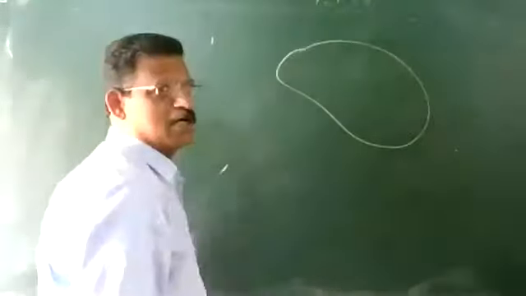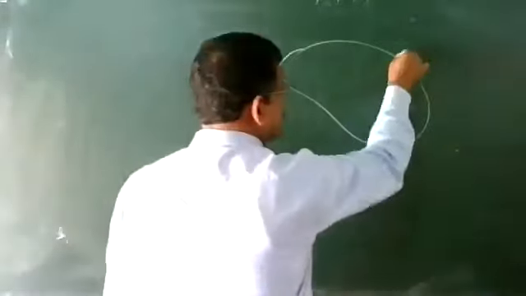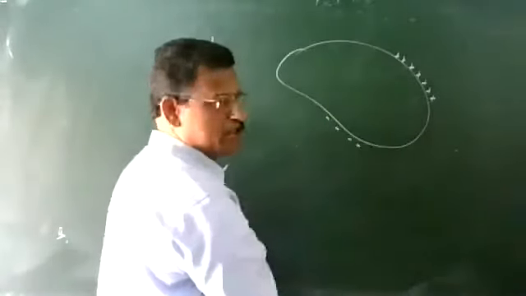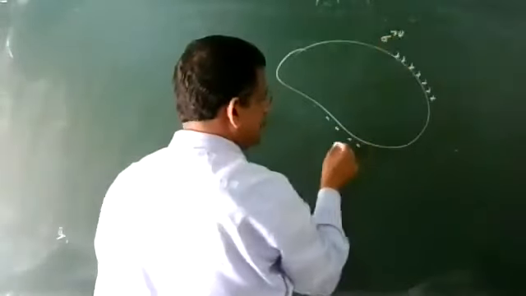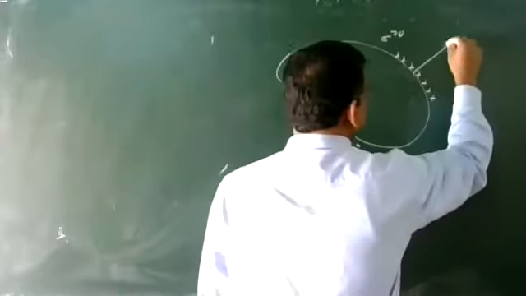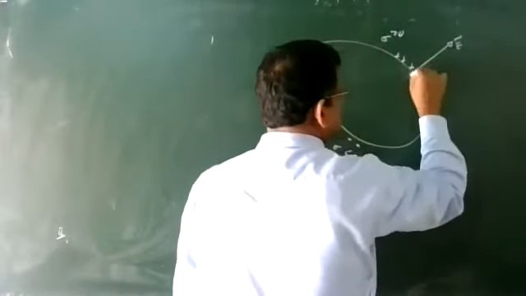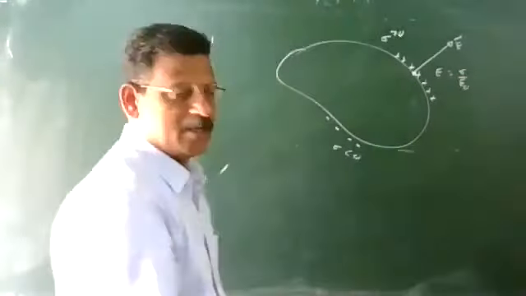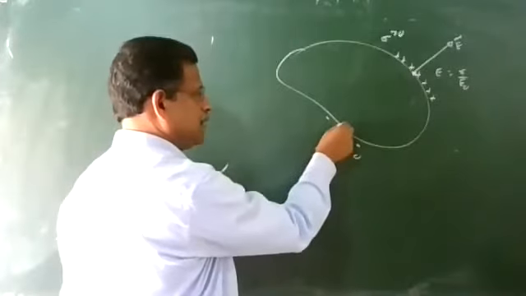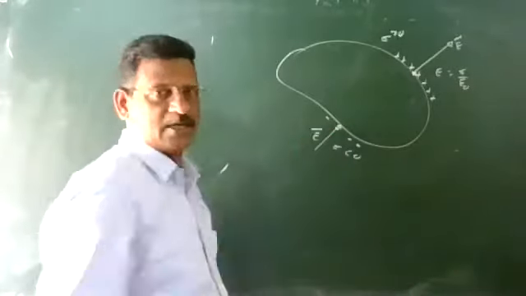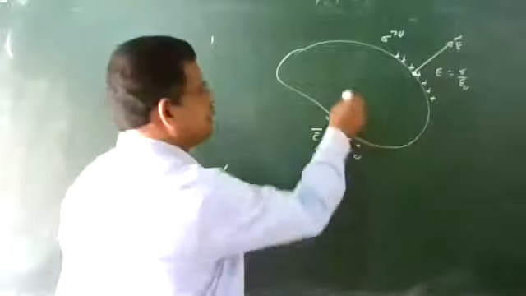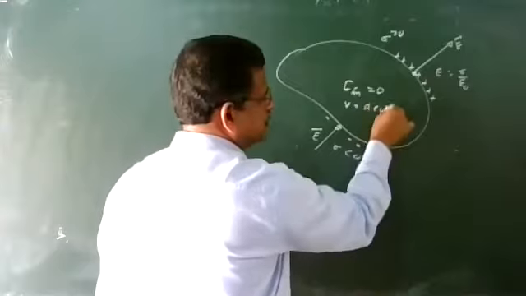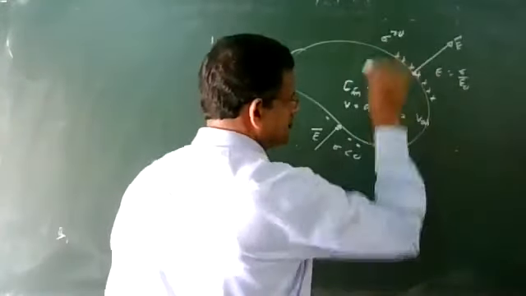So this is a charged conductor. Some regions can be positive and some can be negative: sigma greater than 0 and sigma less than 0. Electric field is normal, and the value at this point is sigma by epsilon 0. Here it is sigma less than 0, again normal to the conductor, with the same value. Electric field inside is 0. Potential is constant, equal to the value on the surface.